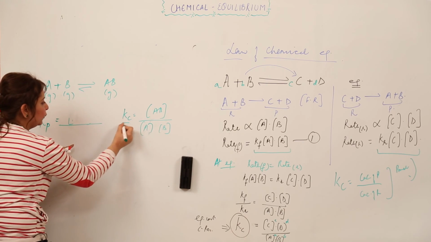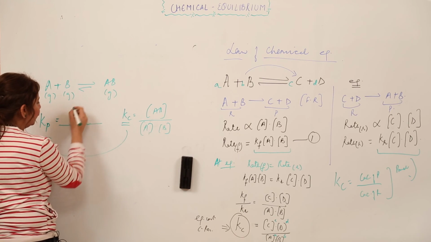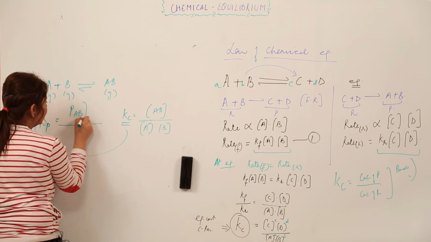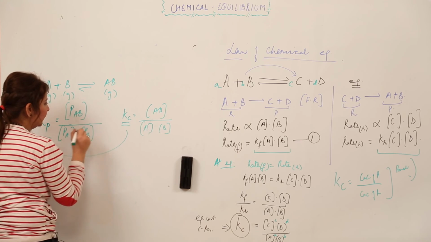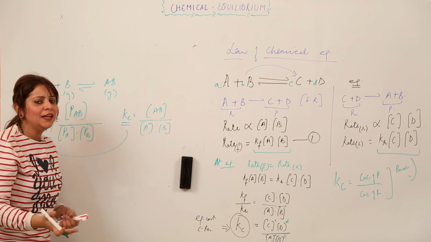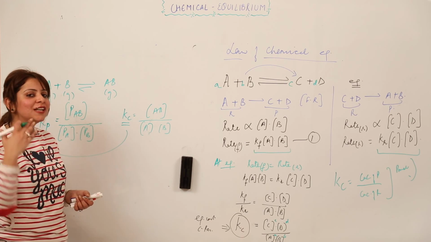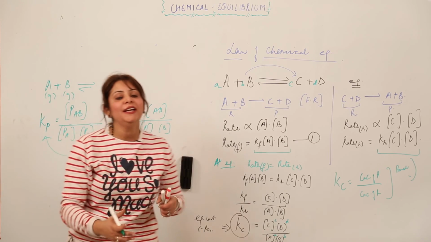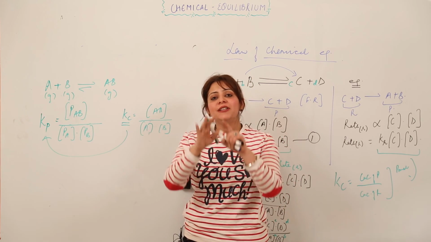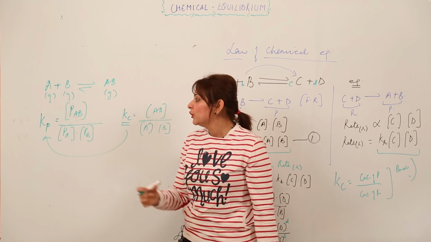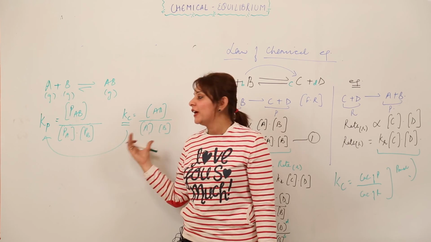Now if you want to convert it into pressure, we'll be indicating the pressure, right? For AB, it is the partial pressure of AB, this is the partial pressure of A, this is the partial pressure of B, right? So this is how I'm going to write. I don't think it makes a great difference. Yes, it makes a great difference, but there is no such difference in the writing manner. In the gaseous state you are considering the pressures, and in case of solid and liquid, we consider the concentration in moles per liter. So it is not a difficult task to write in terms of Kp. I think it's clear. You're just writing the pressures.